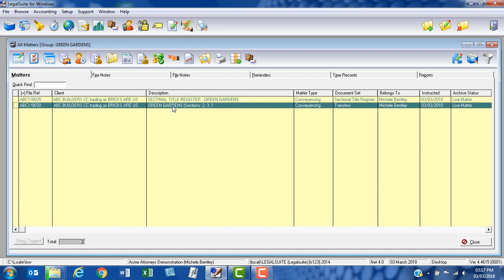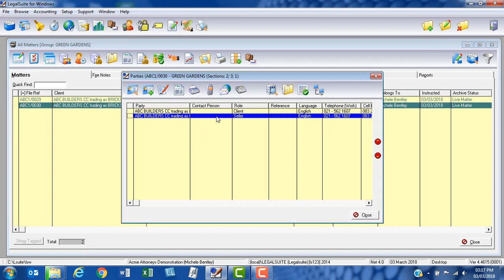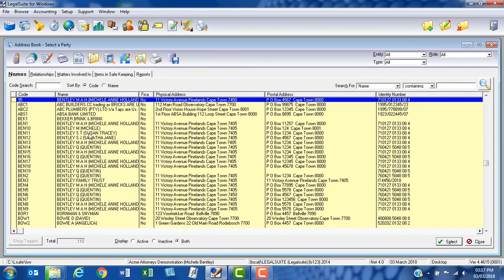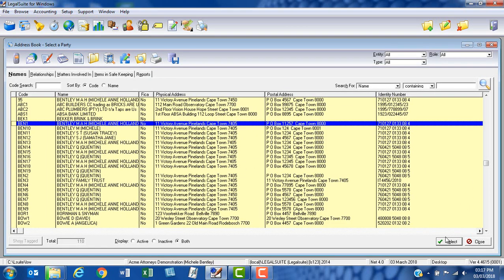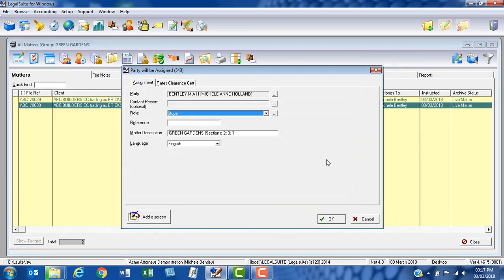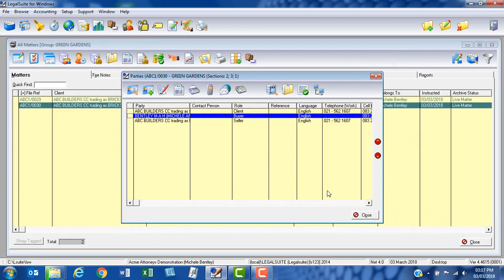So here is my transfer, but bear in mind we need to add the buyer, and if we go into the parties for the matter, you will see that the client and the seller is my developer, and all I now need to do is go and add a buyer. So I click on the insert button, it takes me to my address book. I'm going to grab my purchaser, I'm going to say select and say OK,